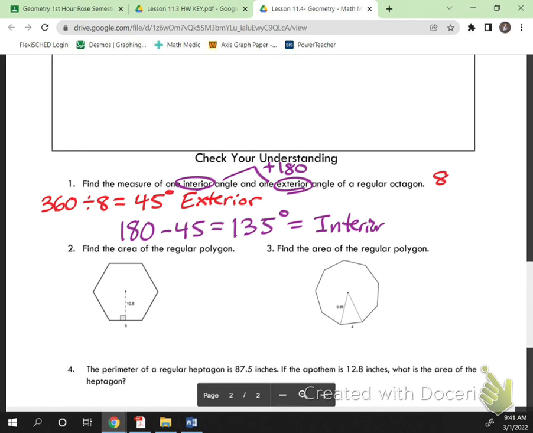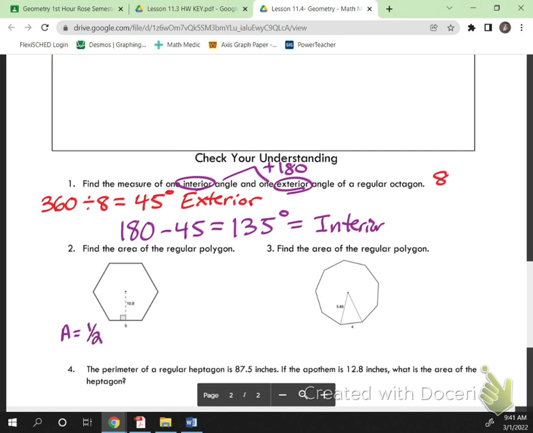We are going to do number two together. Number two, I'm told a side, and I'm told the apothem. That's 10.8 if you can't read that. So I need to use my formula from our quick notes. What's our formula? The area is, look at your quick notes,